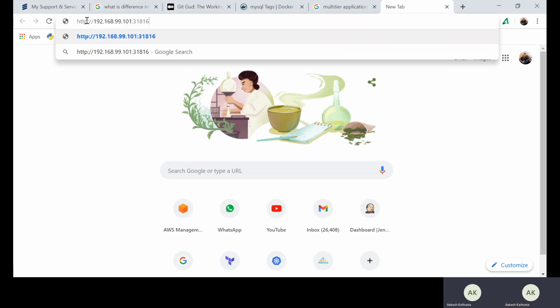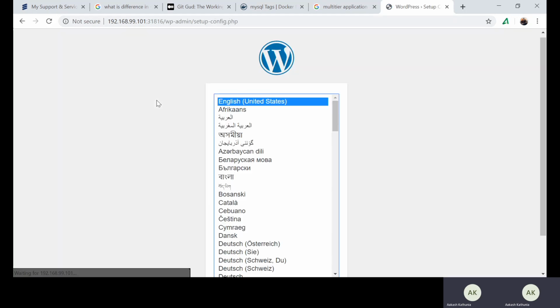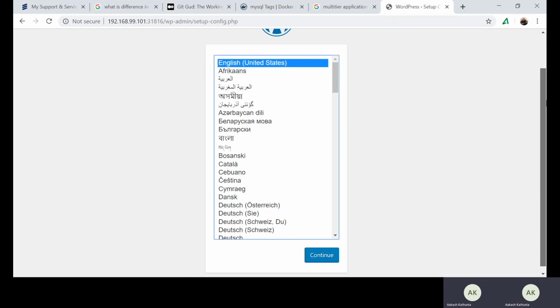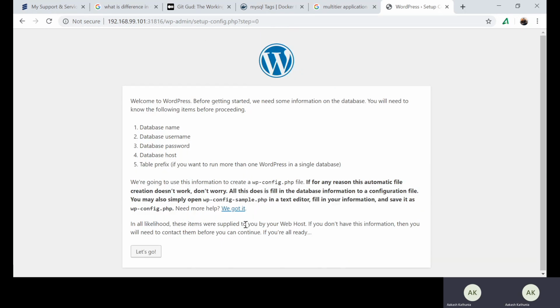This is the URL that I copied, and once I enter it, let me see what happens. Perfect. Now you can see that the WordPress image is open on this port 31816.